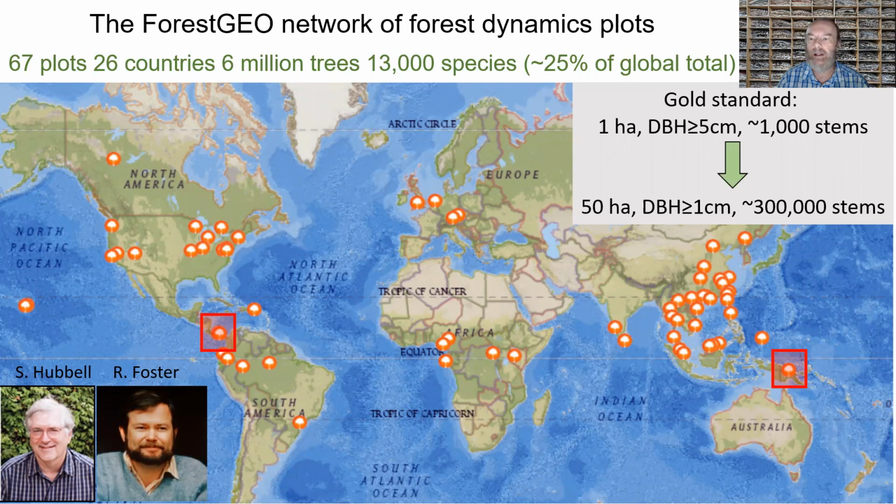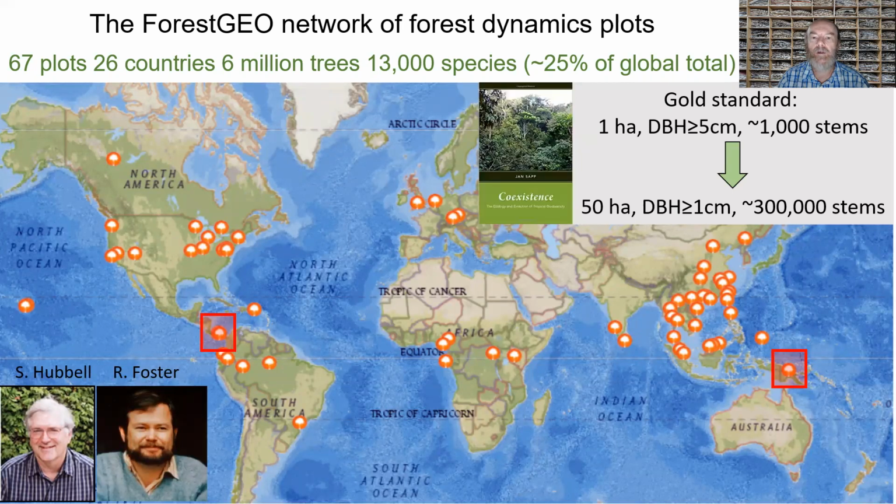They proposed 300 times bigger sample size, and we know that if you propose to your colleagues that they should sample 300 times more, then they will laugh at you and then they will reject your grant. And so it was always mysterious how they managed to get the National Science Foundation grant, which funded the plot. That was actually clarified in a book by Jan Sepp, where he notes that the botanists were indeed skeptical on the National Science Foundation panel, but there was an ornithologist who pushed the proposal through,